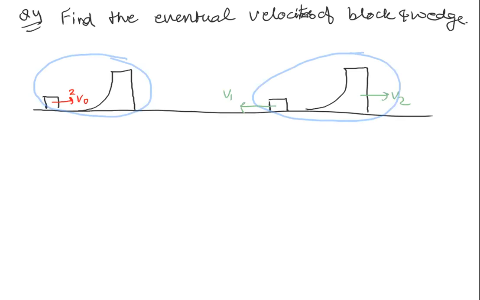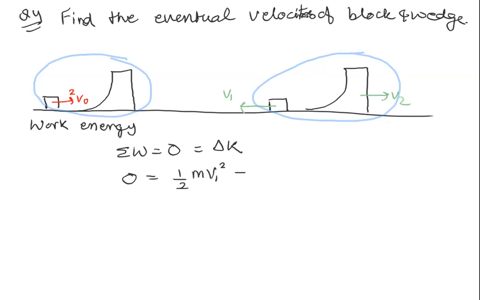So again, let's apply the work energy theorem. Summation of work done is equal to 0. There is no work done. Should be equal to change in kinetic energy. So 0 is equal to the final kinetic energy minus the initial kinetic energy